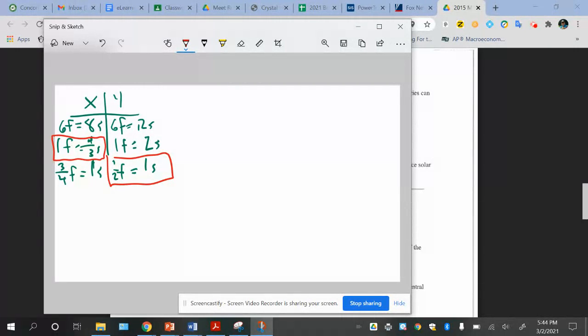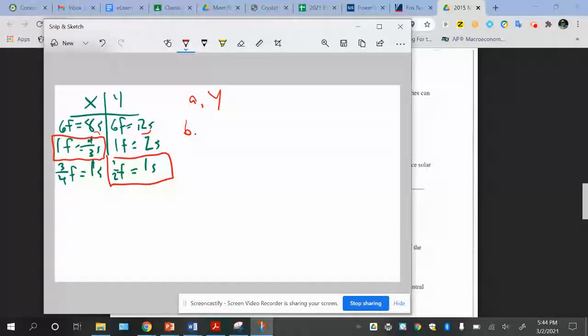The first question is, which country has the absolute advantage in producing solar panels? That's just who can produce more, right here and right here. So country Y has the absolute advantage. If it asks you to explain, just say they can produce more. Part B,